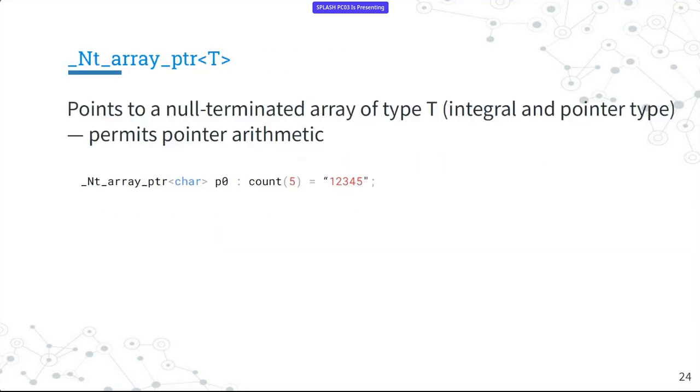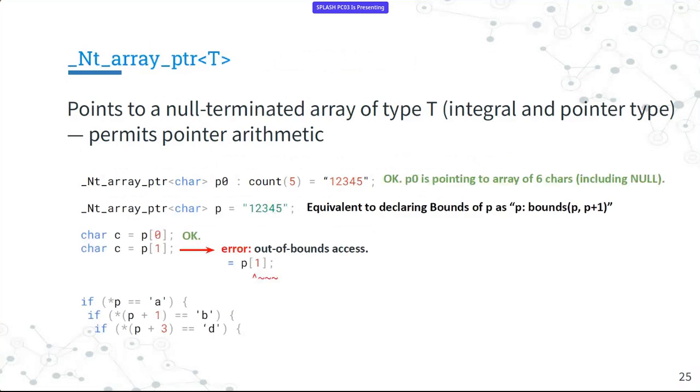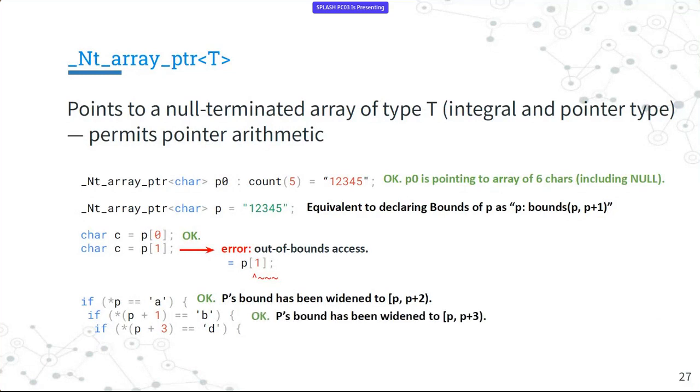So null terminated arrays are similar to arrays. It's just that at the end of a null terminated array, you have a null byte. An interesting part of null terminated arrays is automated bounds extension. So when we have code as shown at the bottom, Checked C automatically extends the bounds by 1 because it now knows that the last byte is not null. So that next time when you access it, it allows you to access one more element. Now, after the second check, the bounds have been extended by one more element. The third is invalid because the bounds is actually 2, but here we are trying to access one more element.